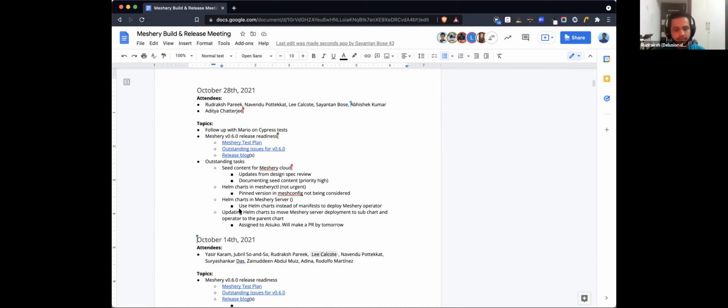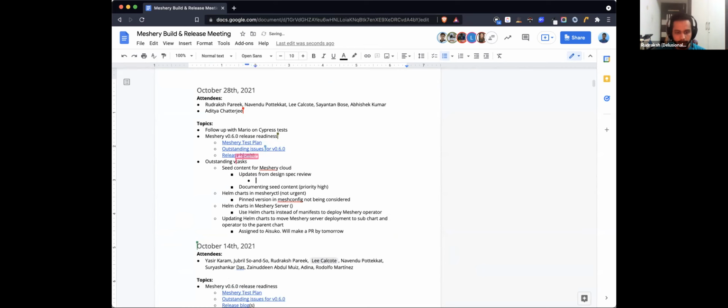So we just had a brief call moments ago, and we talked a bit about some of the enhancements in this spec that we could make to make it more long lasting. The Docker image that Meshery Cloud ships with would have the seed content in it, and it would get registered as it starts.